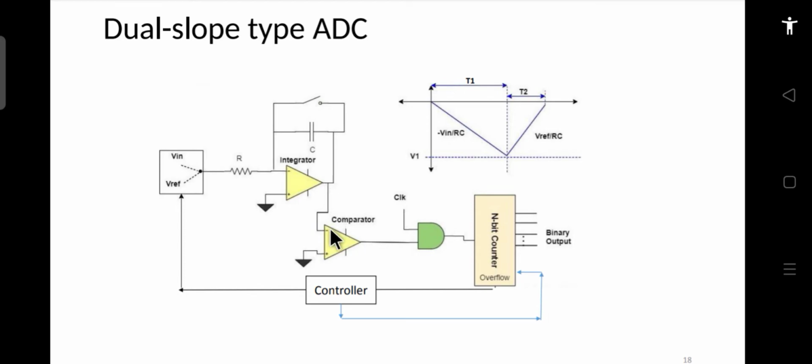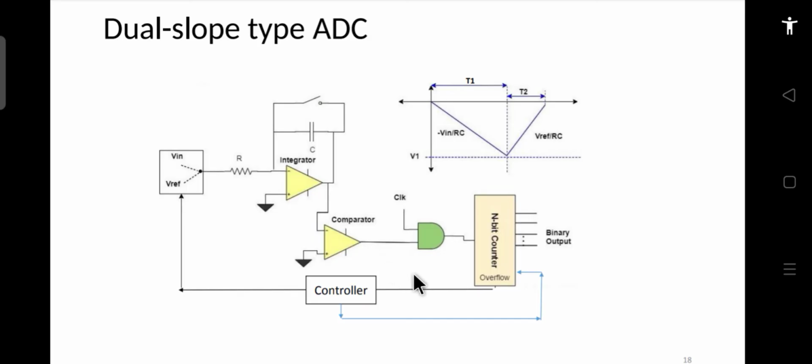This negative output is applied to the comparator, and since the positive terminal of the op amp is connected to the ground, the output of the comparator will be 1. This is because this input is negative and this is 0, so the negative input is lesser than this input.